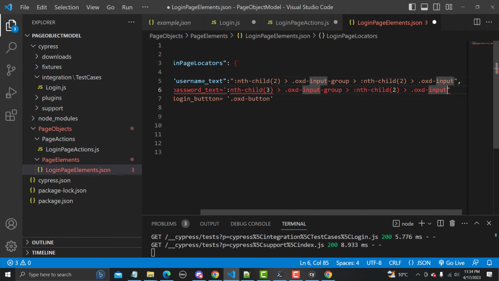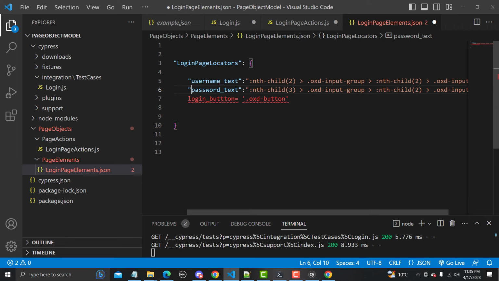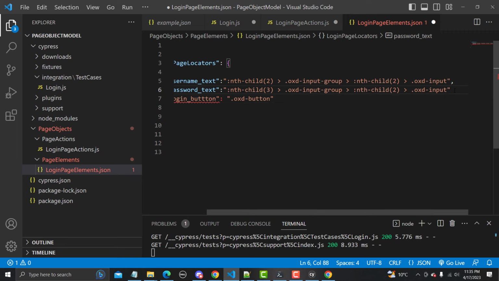And again we have to do double quotes here, and we need to put a colon, and again double quotes here. Similarly for this one, double quotes, colon, and double quotes, and in the end of this one we need